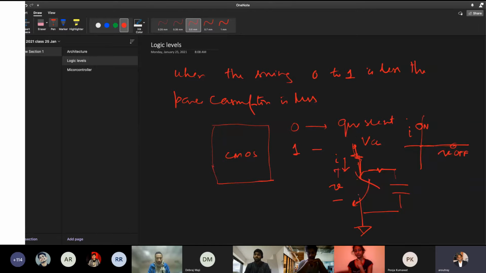But when you switch, because of the internal capacitors, the switching will follow a path like this, something like this, when it is going from on to off and off to on. So this switching power loss will be the total VI product. Therefore, during switching, power consumption increases. When the voltage levels are small, the power consumption will naturally be less, V square less.